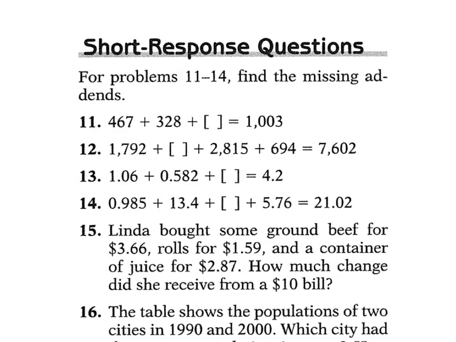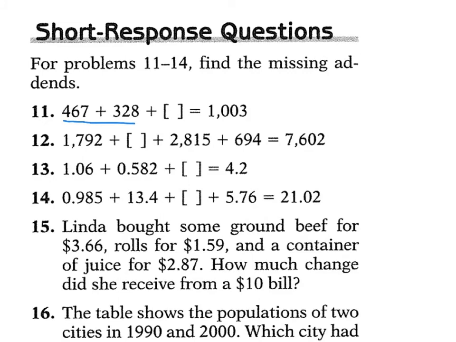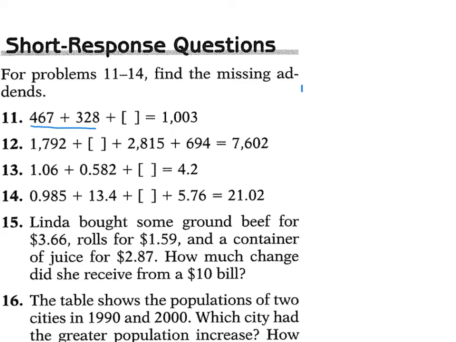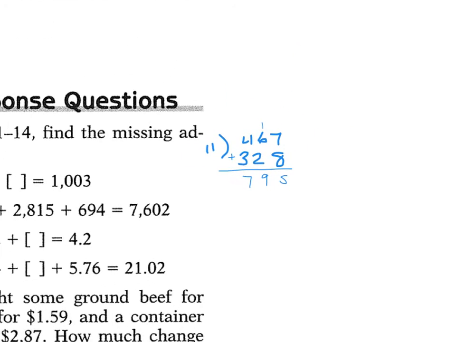So here we have some examples. We need to find the missing add-ins. So what we're going to do is add these together and then subtract it from our total. So looking at 11, I'm going to write it on the side here. We have 467 plus 328. So we're going to add these two together. 7 plus 8 is 15. 6 plus 2 is 8 plus 1 is 9. And 4 plus 3 is 7. So we get 795, and we're going to subtract that from our